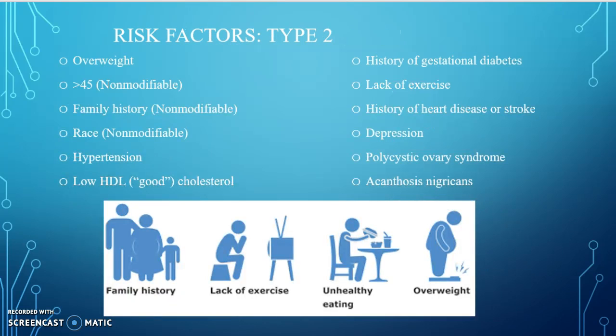There is no way to prevent type 1 diabetes, but there are certain modifiable and non-modifiable risk factors associated with the development of type 2 diabetes. Some of these risk factors include being overweight or obese, being age 45 or older, having a family history of diabetes, being of African American, Alaskan Native, American Indian, Asian American, Hispanic or Latino, Native Hawaiian, or Pacific Islander descent, having blood pressure issues, having a low level of HDL, which is good cholesterol, or a high level of triglycerides,